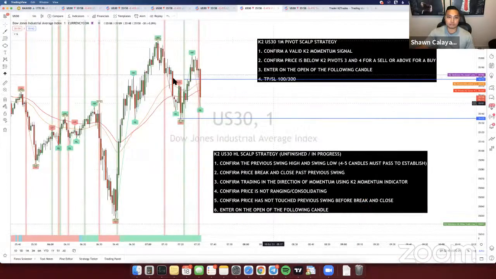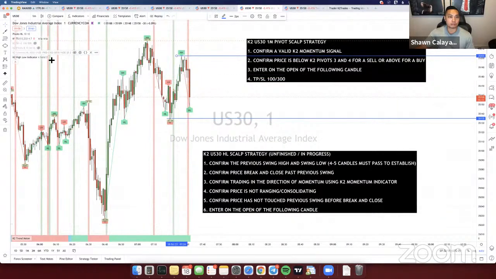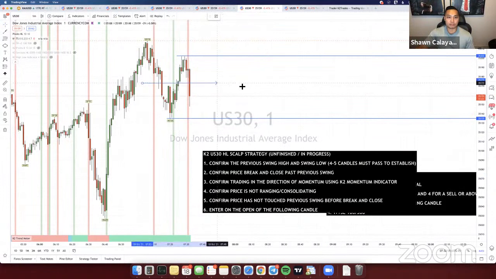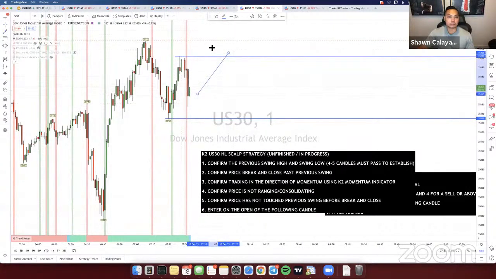As you can see right here, if I draw a line a little higher and turn off all the indicators, you can see how price is not even really moving very much. If I move this over, you can see price is literally just ranging within this area right here. These are conditions that you don't want to trade in, because if you trade in conditions like this, you could get caught on the wrong side of the market. Price can come up here, break and close, and spike up higher,